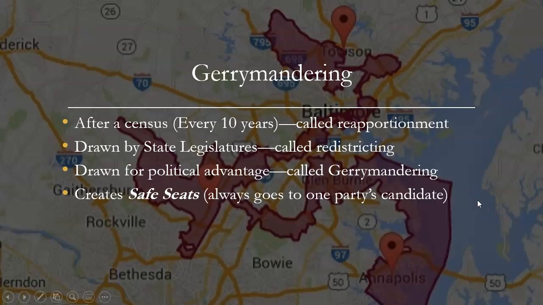Now, Ohio has done something different. We passed a constitutional amendment in Ohio, added it to our state constitution, that kind of takes this out of the hands of the state legislators redrawing these districts and actually puts it in the hands